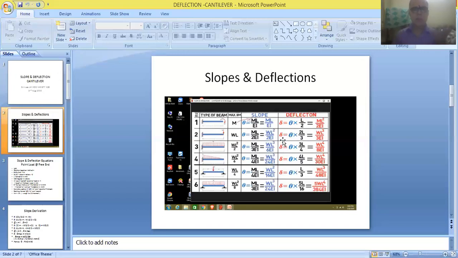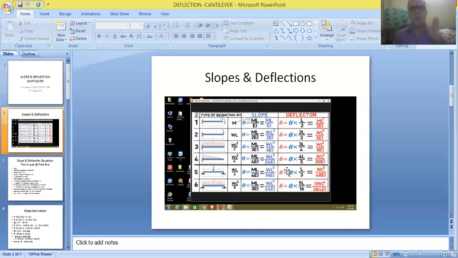And similarly, the letter small y can be used. Delta is used for indicating deflection, but small y can be used for indicating the deflection values of different beams